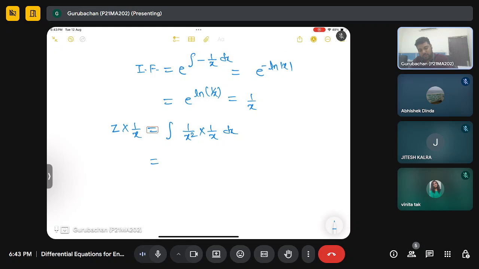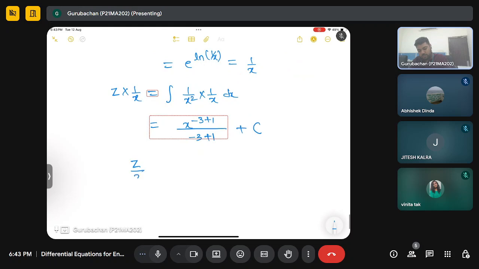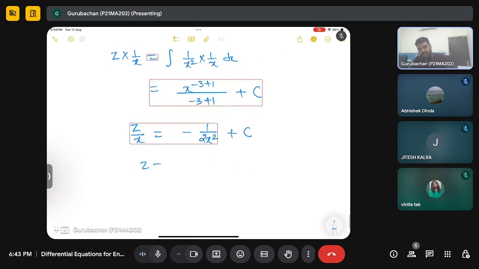This will be 1 by x cube, x to the power minus 3 plus 1, minus 3 plus 1, plus some constant, which will give you z by x is equal to minus 1 by 2x square plus c. Now z will be x plus c. If you solve a little, cx, this will give cx square minus 1